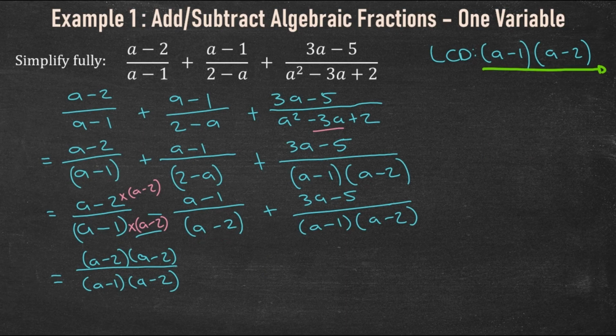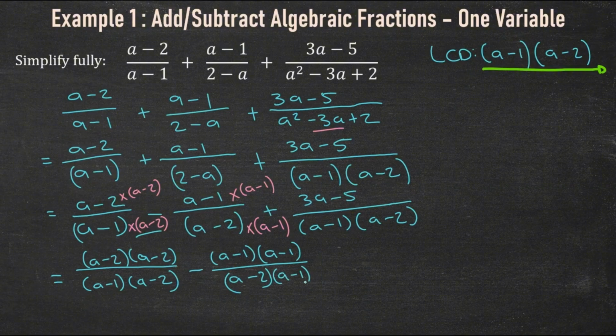Now let's compare this denominator. Ask yourself, what factor is missing so that this denominator looks exactly like this LCD? And yes, the answer is this a minus 1. So I multiply this denominator by a minus 1. And what I do at the bottom, I need to do at the top. So now we can write minus, and remember that is in brackets, and a minus 1 over a minus 2,